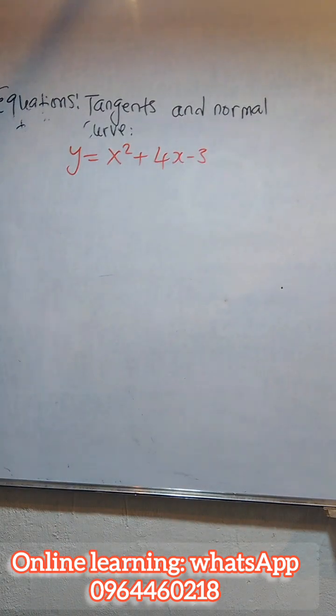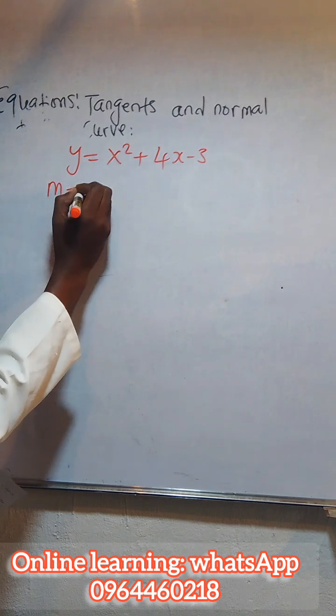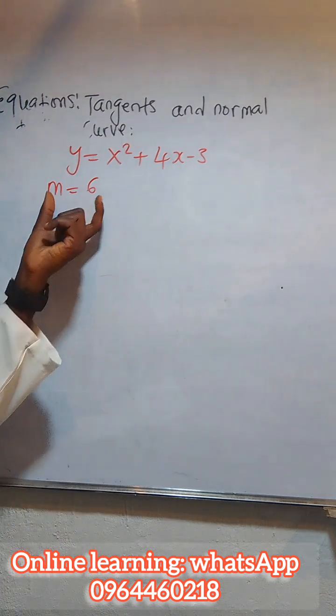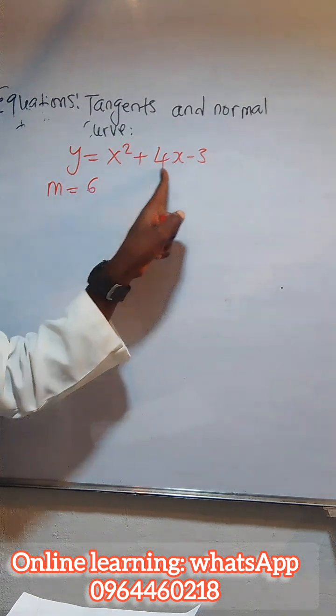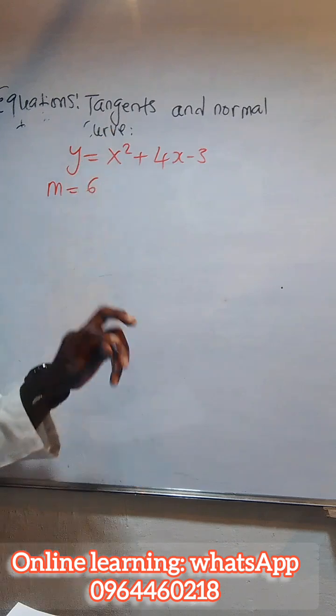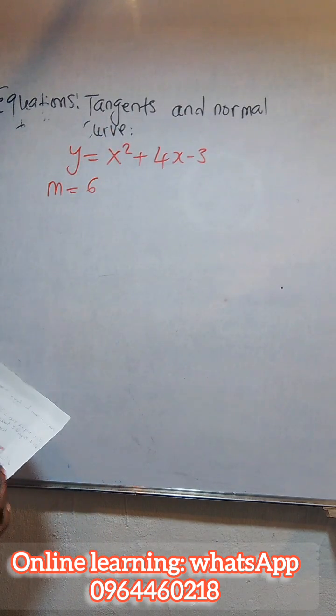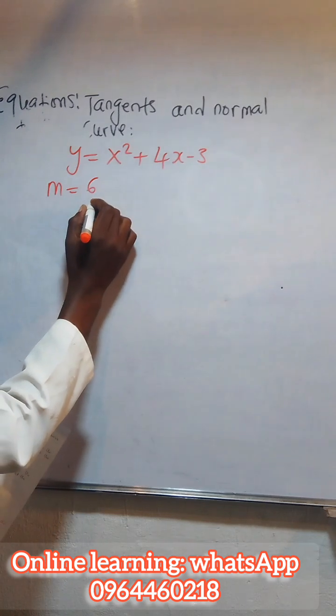So from there now, the gradient of the tangent to the curve at (1, 2) is 6. So we have this gradient as being 6, which is the same as the gradient of the curve. So this gradient of the curve and the tangent, they're just the same thing. Then the equation of the tangent,